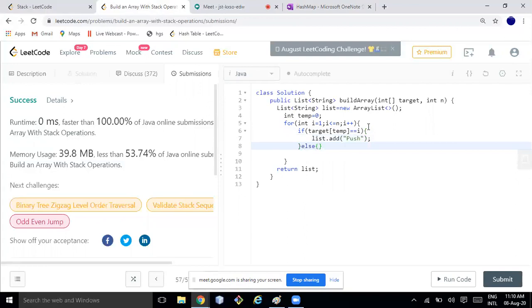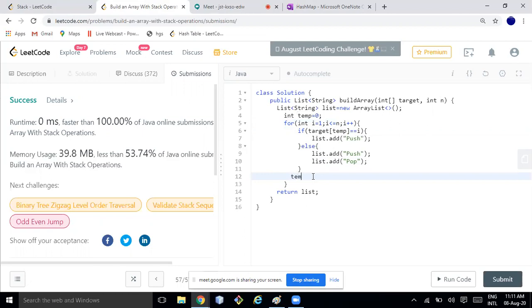Else, list dot add push and pop. Once either of these two is performed, every time I'll be incrementing this temp. Let me try to run it.